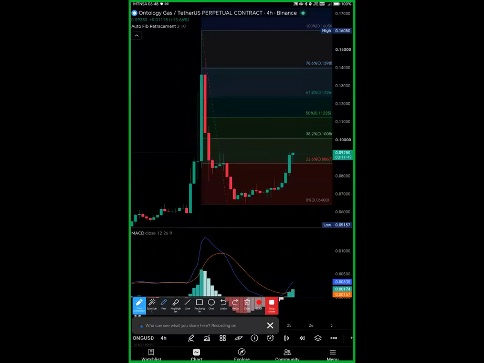After this reversal, there was some sort of a build-up around this area, some sort of ranging, consolidating the market. And then we see that there is some sort of a takeoff. The market is trying to take off. So if we are to look closely here,